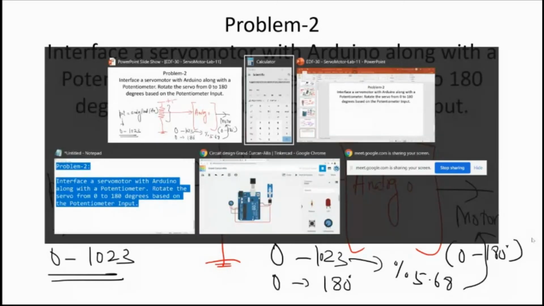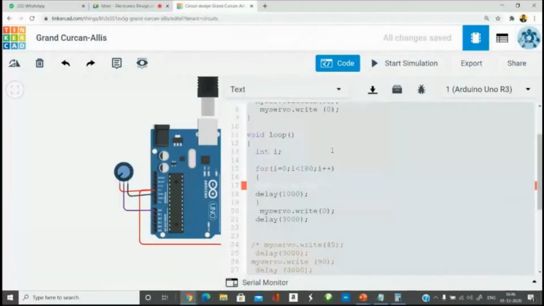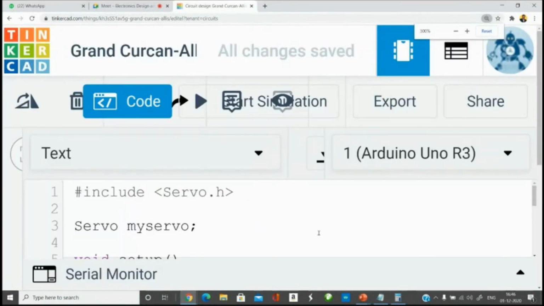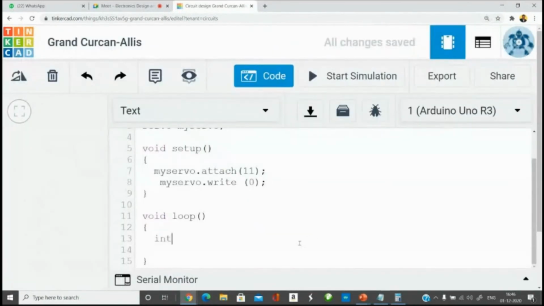So let us change the source code here. The first thing I do is integer pot is equal to analog read of A0. Then servo.write. What am I going to write here? Take the pot value and divide it by what? 5.68. That value you write to my servo. So that would automatically control the